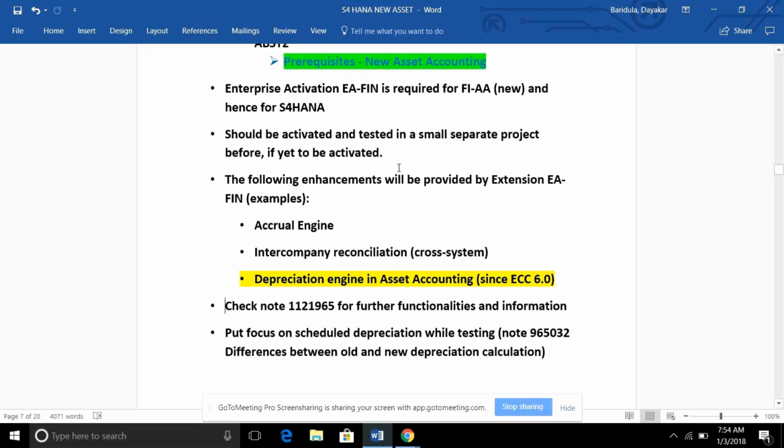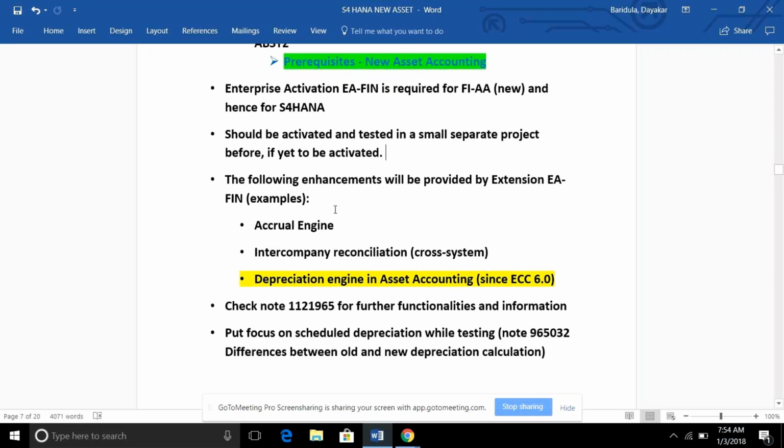That's a prerequisite for new FIA, and new FIA is mandatory for S4HANA. Certain other things from the migration point of view we will discuss later anyway.